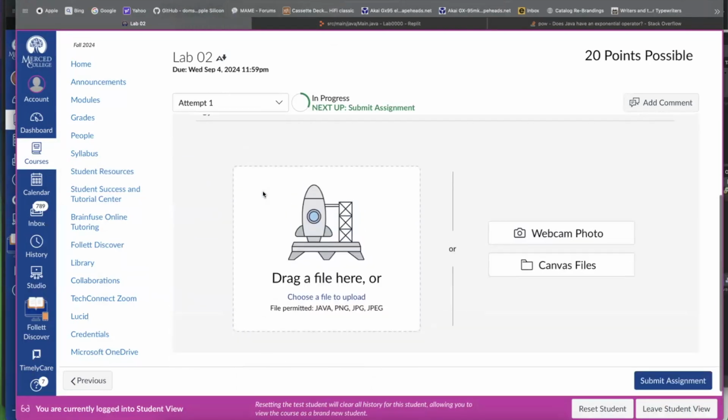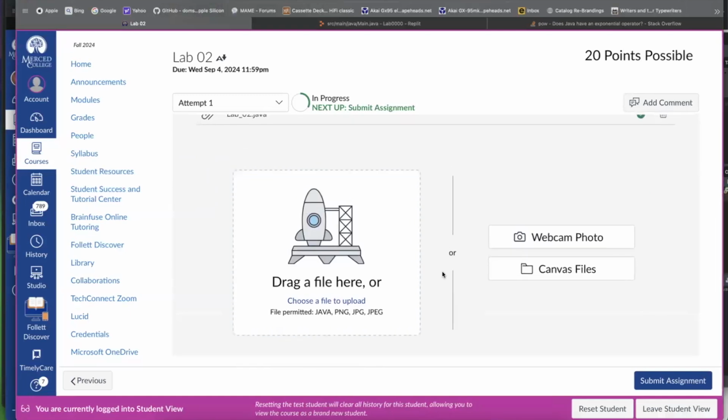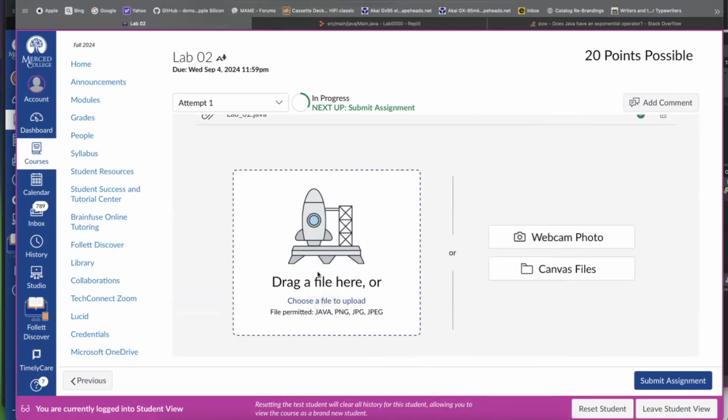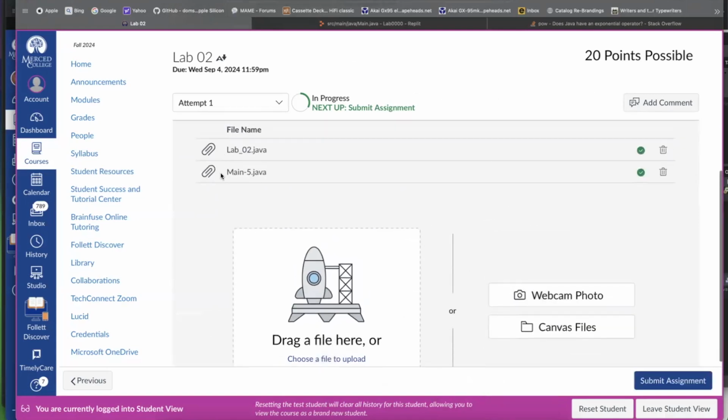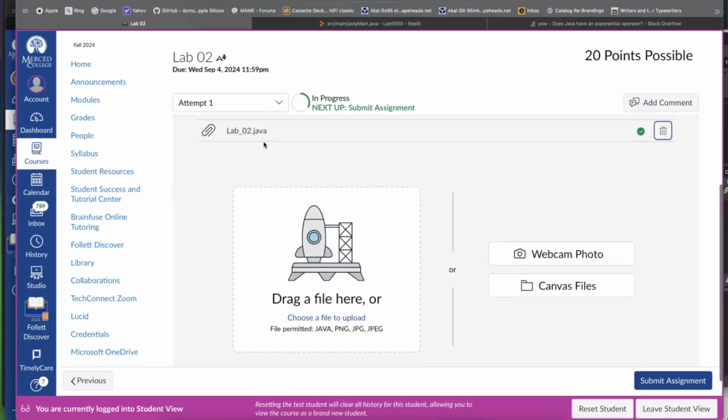Now, if you're using Replit, then you had to have downloaded your file, which I did. So I have it right here. And I can drag that file over, right? So you don't have both of these, but this is the one that I got from Eclipse, and this is the one that I got from replit.com. So once you have your Java file attached, you still need the screenshot. That's going to be wherever your screenshots are stored. So where is that? I don't know. That depends on your computer. I'm just going to click